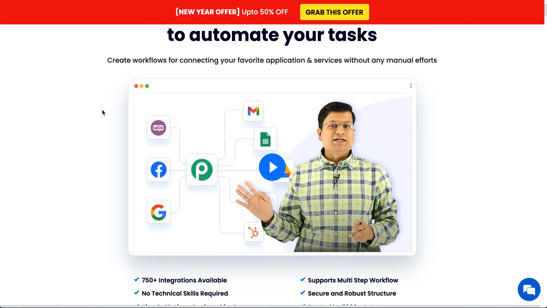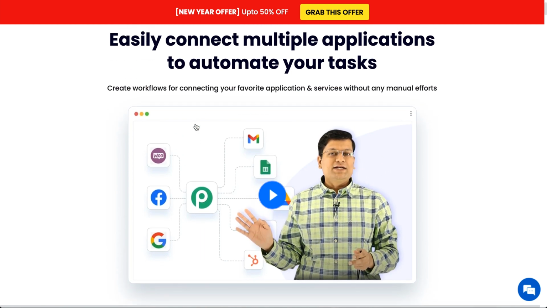What that means is, let's say you have a Gmail account, and every time someone responds to you, you want to send that to Google Sheets for whatever reason. They don't have that built into Google, so you need something like Pabbly Connect to get in the middle of it. Or if you're running Facebook lead ads, and you want to put that in a Google Sheet, or send an email to them automatically, Pabbly Connect can do that. So can Zapier, however you want to say it. But the thing about Pabbly Connect is it's much more affordable. I'll get to that in a minute.